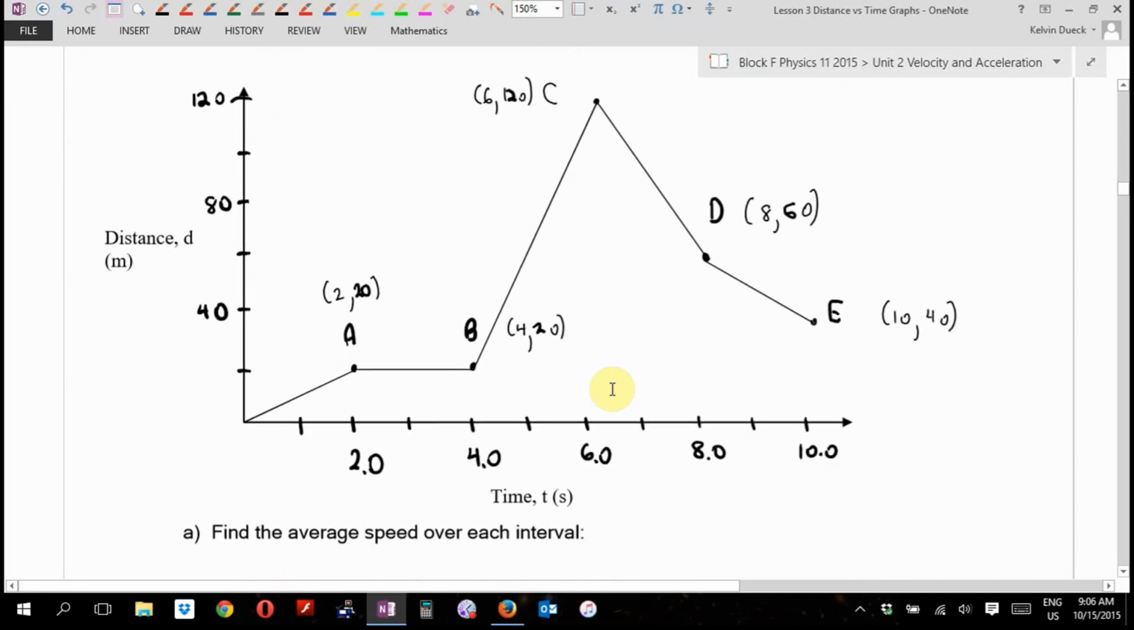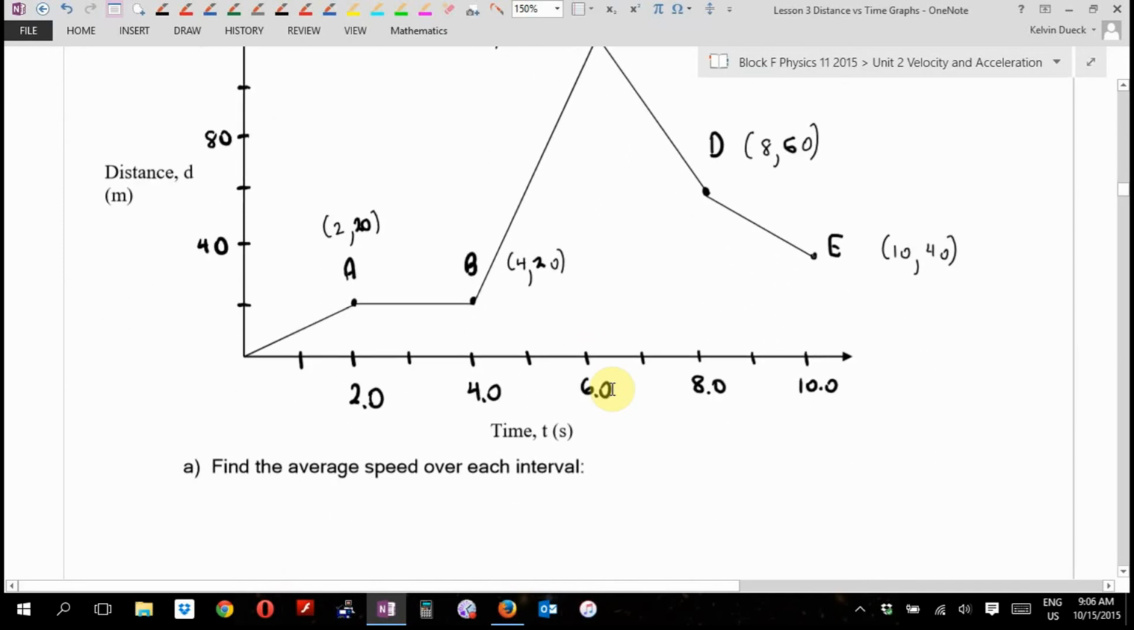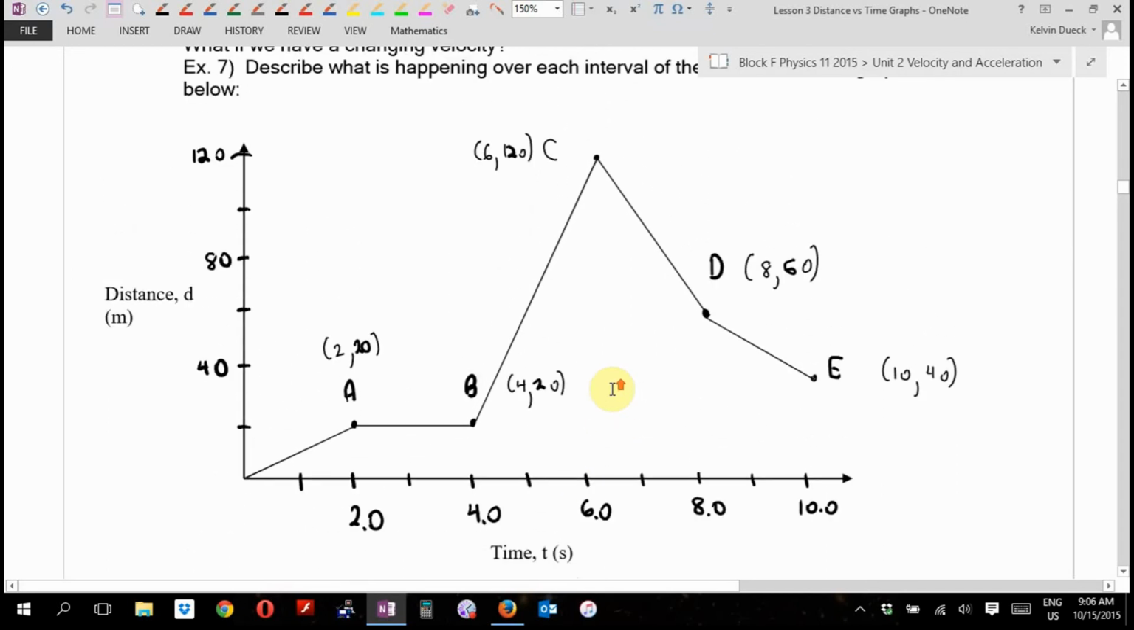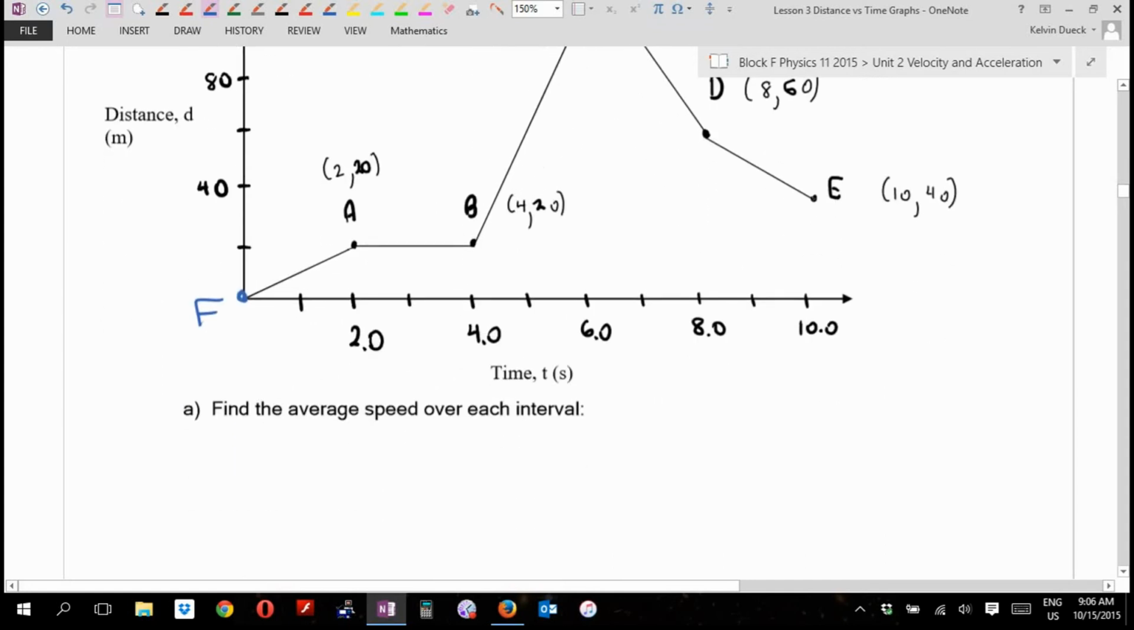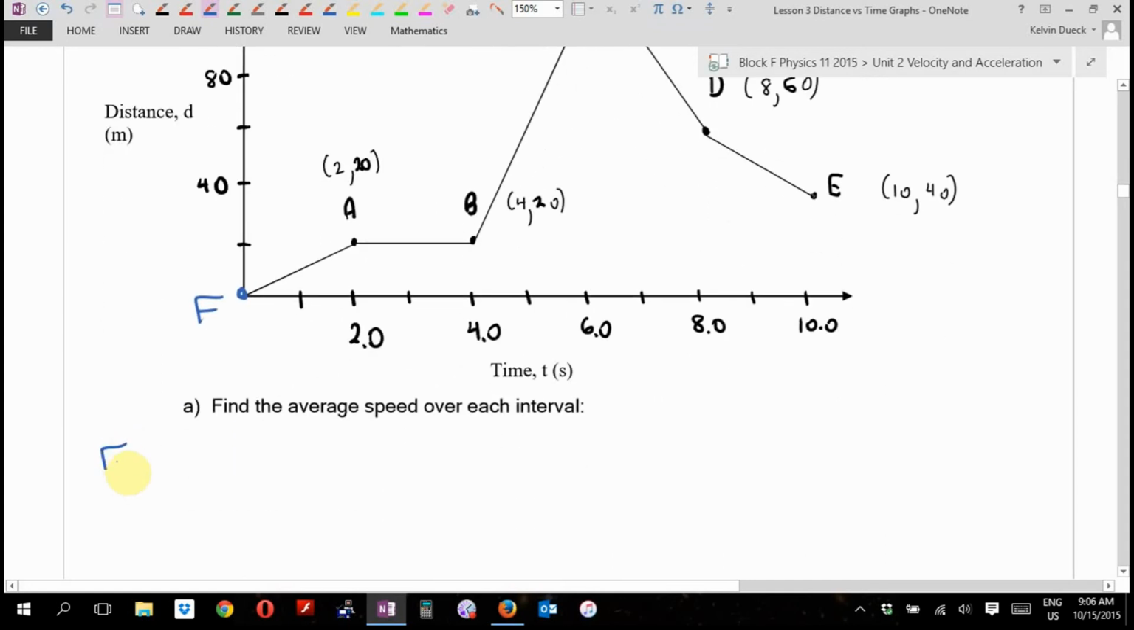In fact, let's answer the questions. A says, find the average speed over each interval. And I've noticed I forgot to put a point. Right here in the bottom, I used A, B, C, D, E. Let's call that right there F. Oops. So over FA, over that interval,